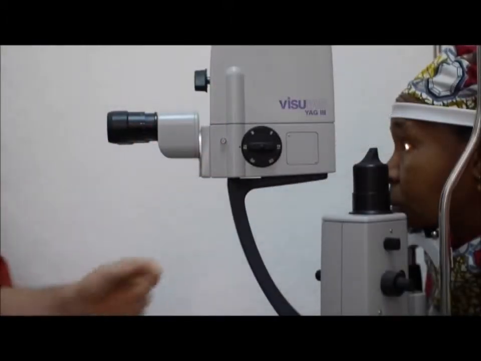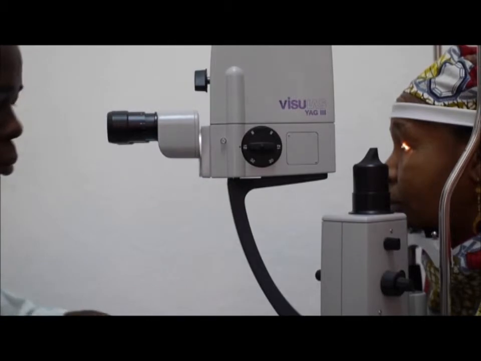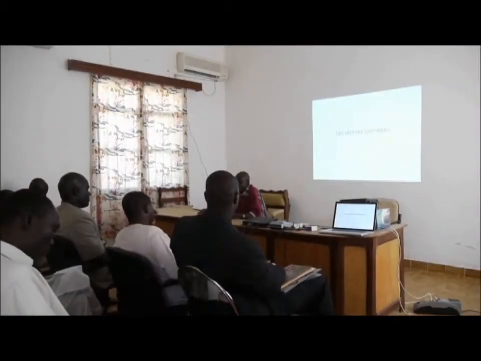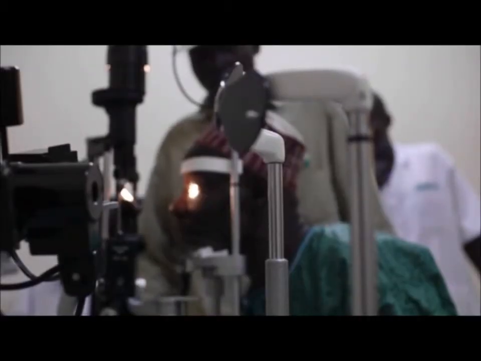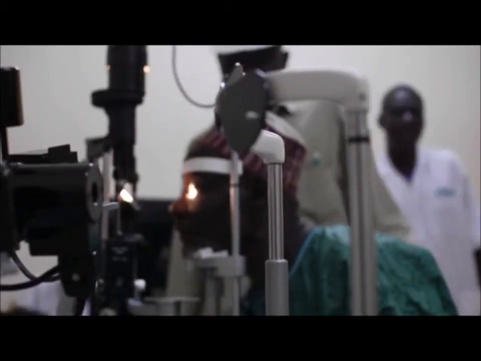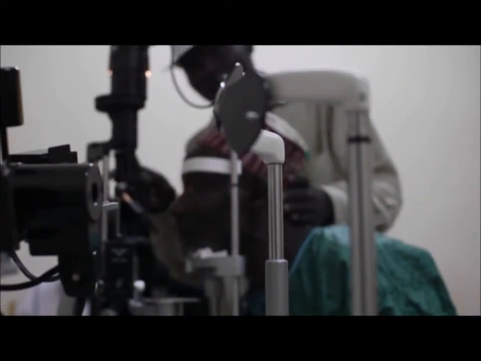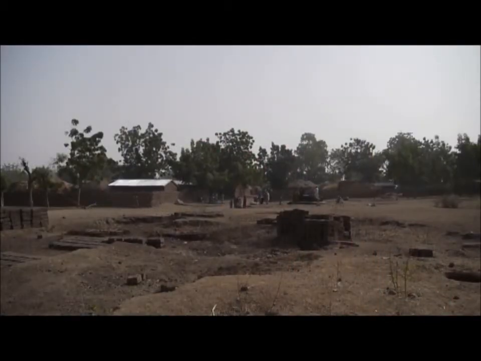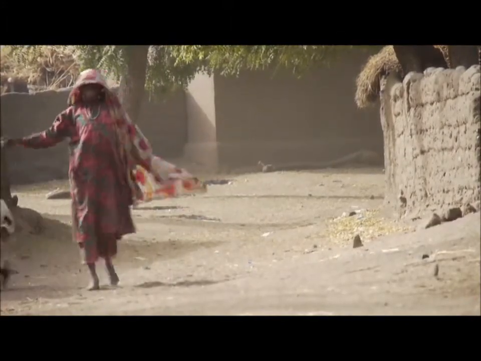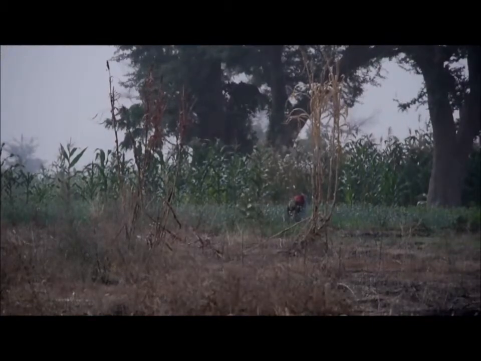Then came the progressive training of our healthcare personnel that allowed our centers to become autonomous, and finally, now, being firmly established in the country, we have begun to address other public health problems, of which trachoma is one. In recent years, the healthcare personnel in the Kolofata OSF Centre have encountered a large number of cases of trachoma during consultations. The Kolofata Health District is situated in a very poor sub-Saharan zone where over 120,000 inhabitants are subsistence farmers and herders.